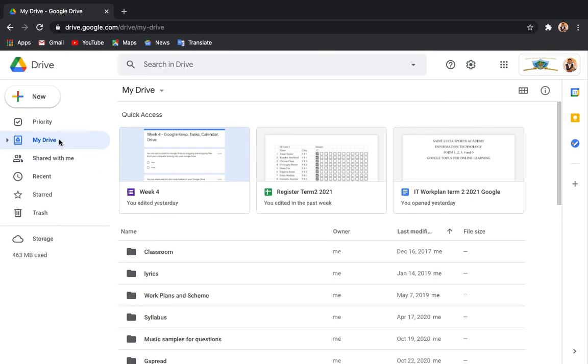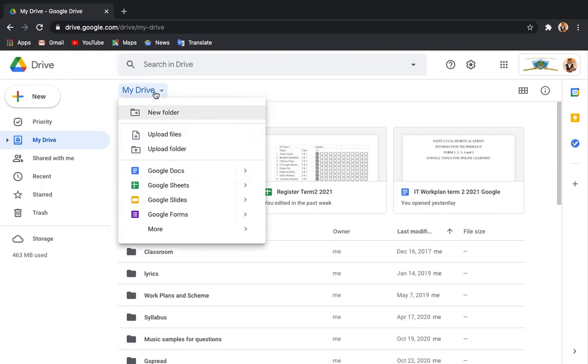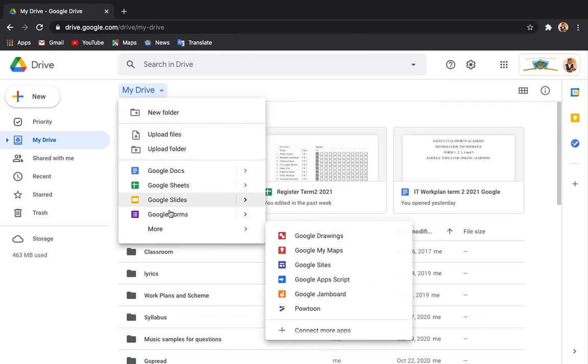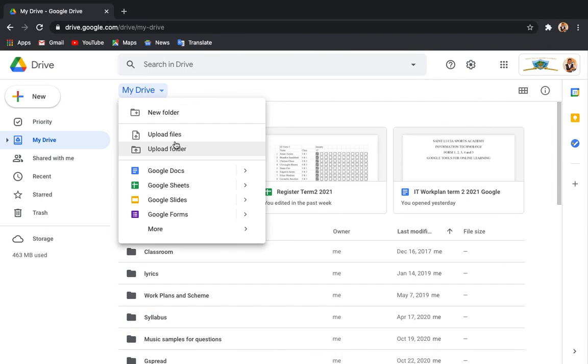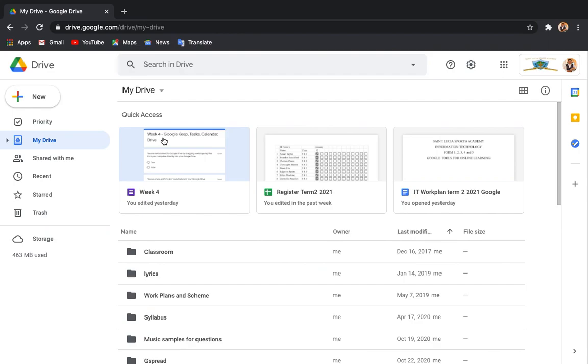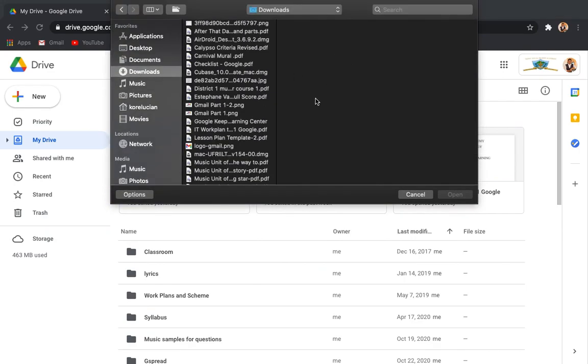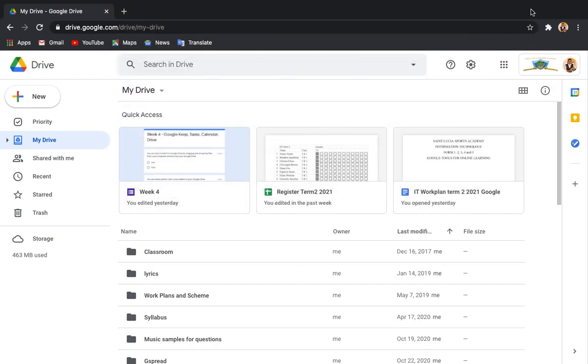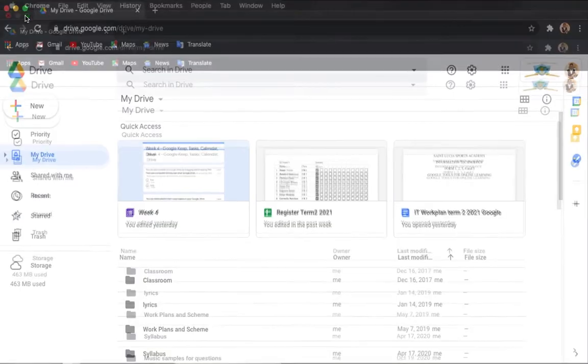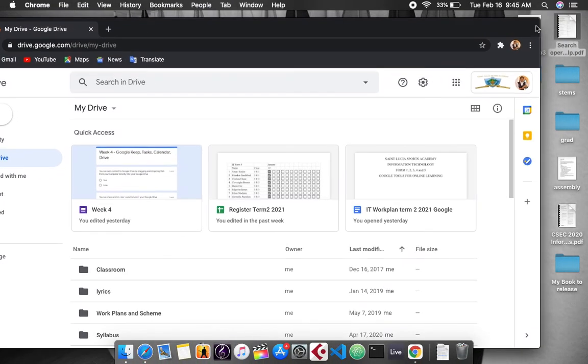Okay, so having said that, I'm on my drive, and basically when you click on this top, it gives you an idea of what directory you are in. So right now I'm just in My Drive, and there again, when you click My Drive, you can create a new folder, create different files and so on. To upload a folder or file, you can click upload file or folder and select it from your computer, or simply, if you have a file on your computer that you want to save online, let's say,